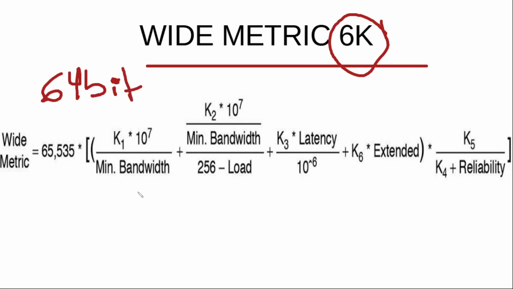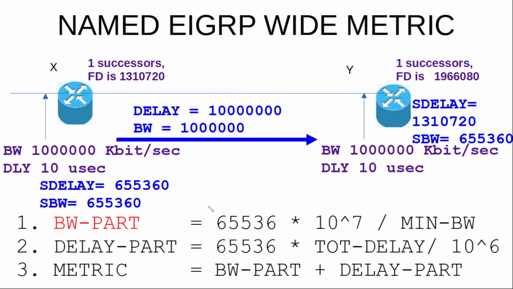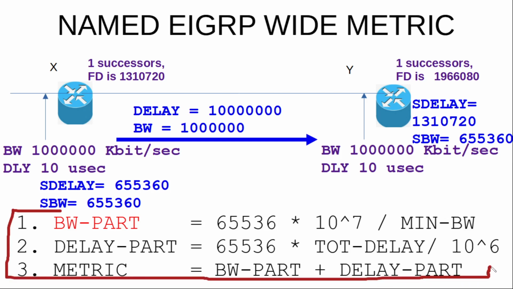So remember that we're usually going to end up using this term and this term. The others will go to 0. Now, this is an example of a wide metric formula. This is the actual formula that you will need to learn for the exam